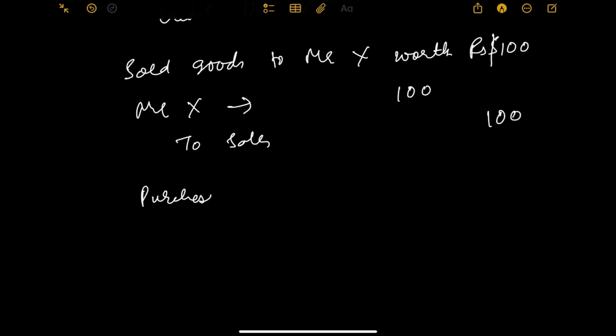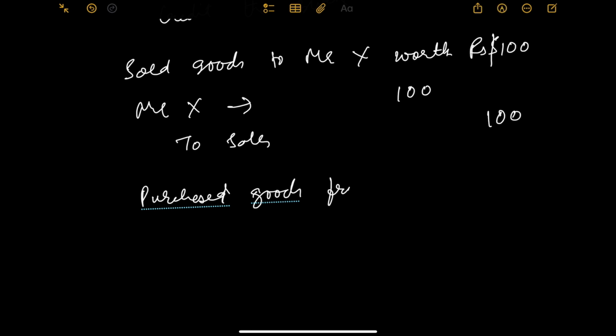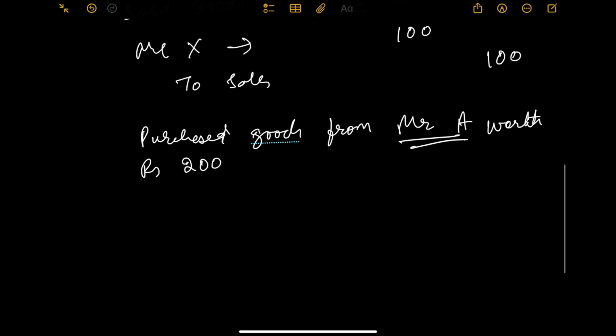Purchased goods from Mr. A worth rupees 200. Alright. So here which account will get debited? As we can see clearly, there is a personal account that is involved. Here also there was a personal account of Mr. X, but that was a sale transaction, and here it is a purchase transaction. We are purchasing goods from Mr. A. So here our purchase account will get debited,